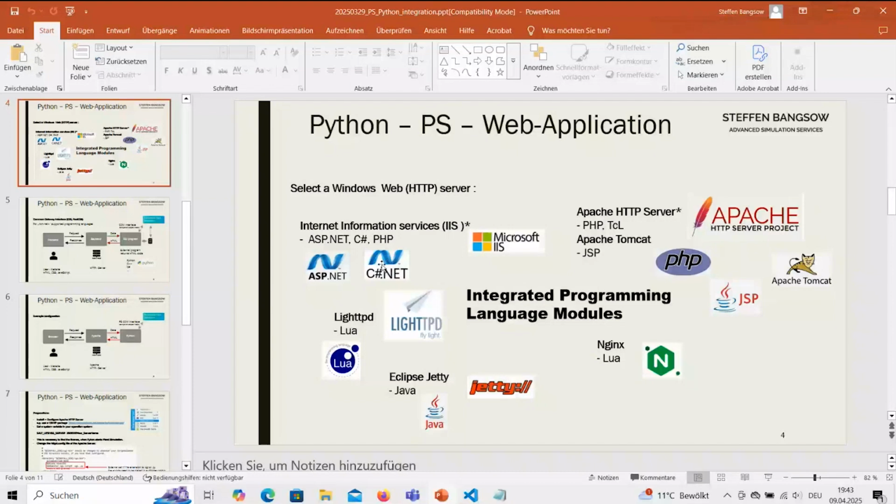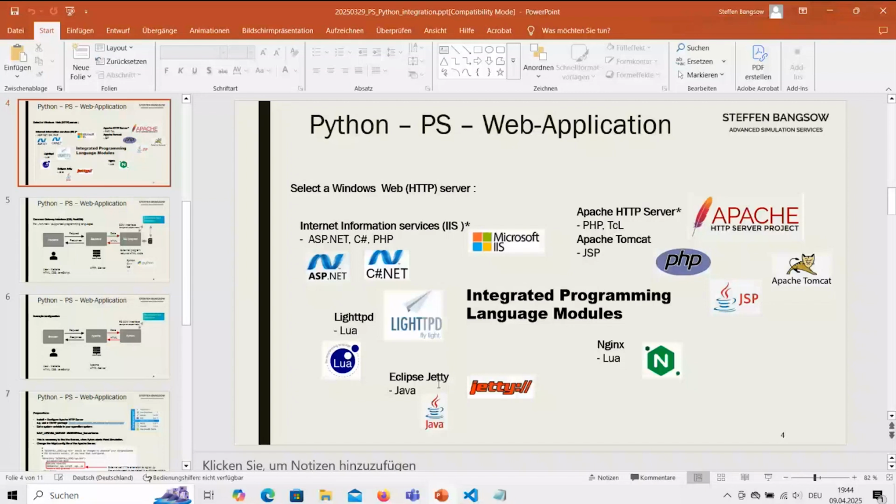And if you need to use the Internet Information Services, then it's best to use C# or ASP.NET. And for the Apache server, the first selection for programming web applications is still PHP, or for Apache Tomcat, JavaServer Pages, or directly Java if you use Eclipse.